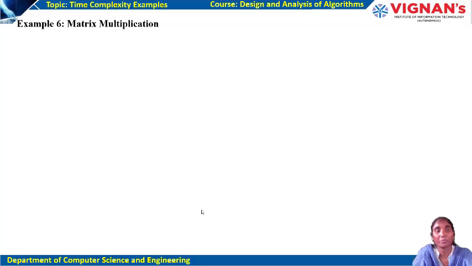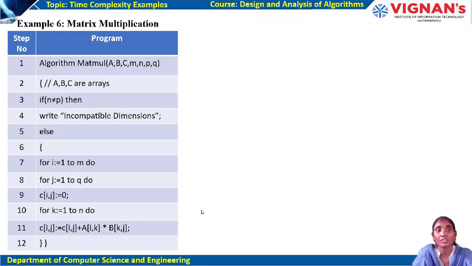Matrix multiplication. Matrix multiplication means here we are multiplying two matrices such that a row is multiplied with a column. Likewise, the process goes on. Now, the main condition to be checked is that the columns in the first matrix and the rows in the second matrix should be equal. Then only we can perform the matrix multiplication. Otherwise, we cannot perform the matrix multiplication.